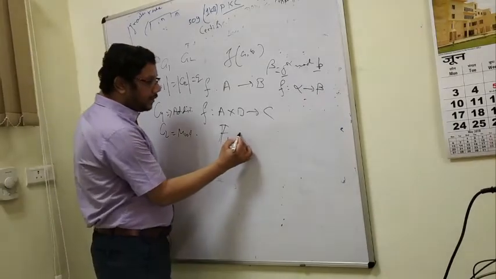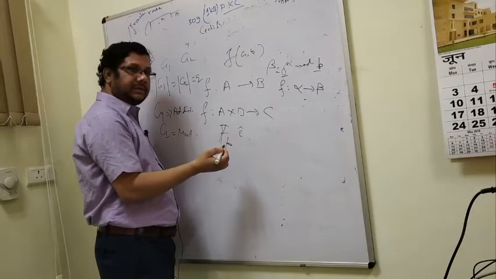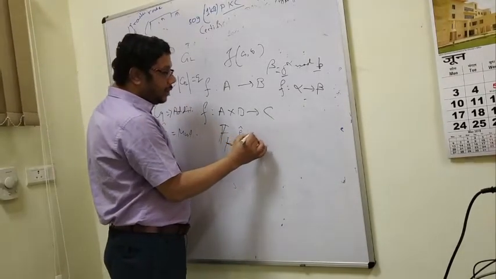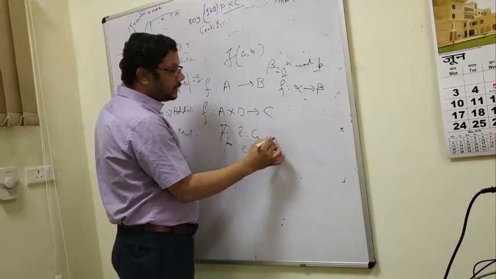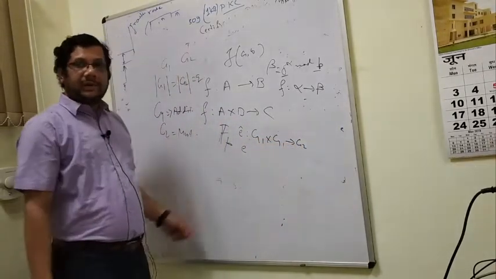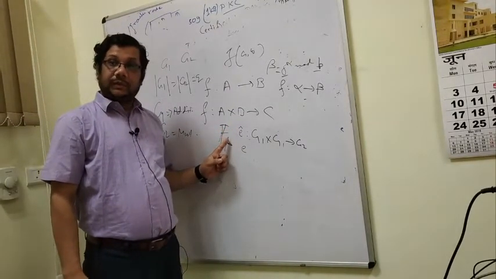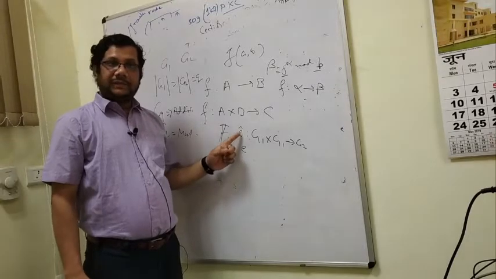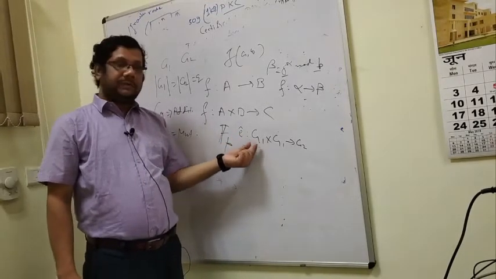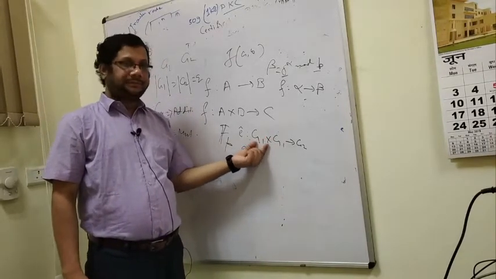Now a function or mapping E, the convention used in literature, or sometimes you can simply write E, is a function from G1 cross G1 to G2. This is called a bilinear map or bilinear function. So first thing, it is a function. What type of function is this? A binary function, because it is taking two inputs. The first input is from the domain G1, the second input is also from the domain G1.